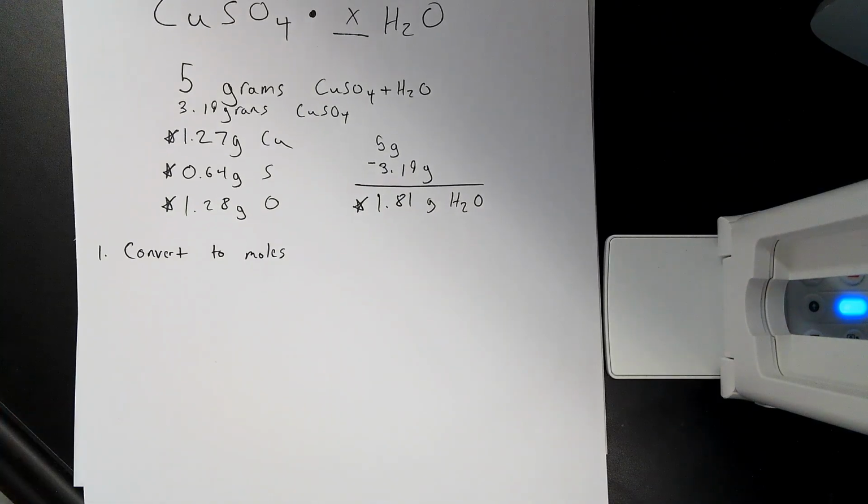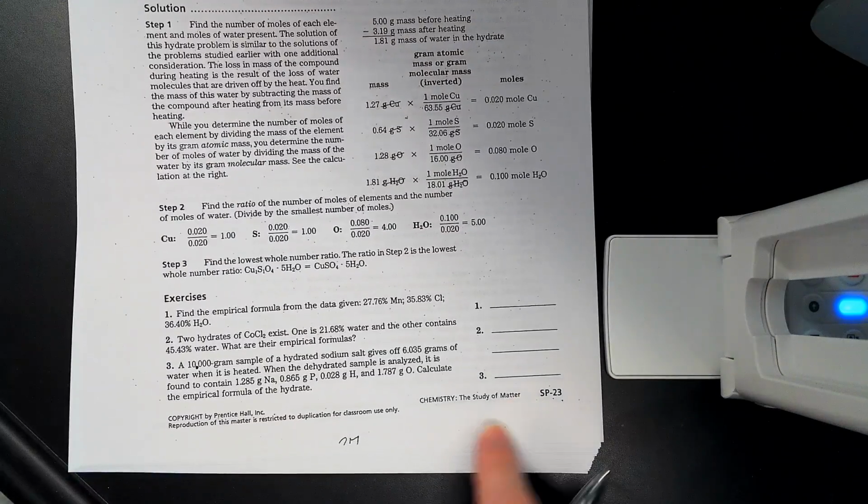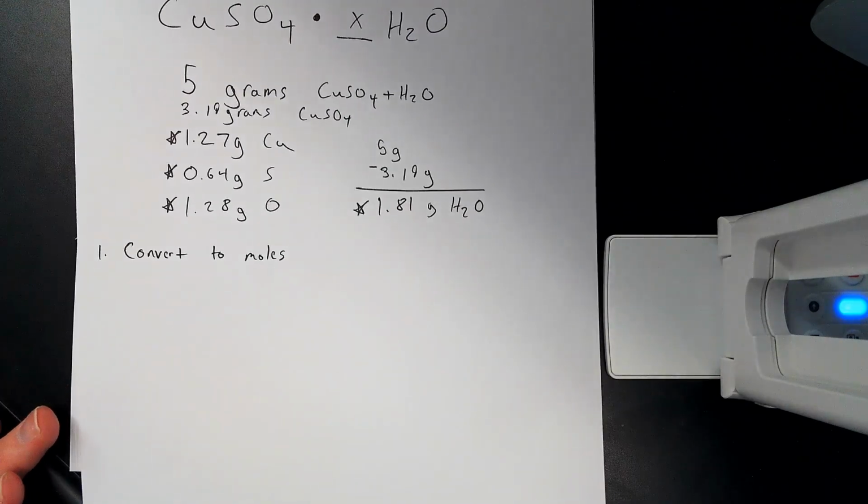In these problems, notice it's a lot, but if you actually look at the assignment, there's only 3 problems that you're going to even be assigned here. So you're going to convert to moles. All right. Now to do this, just